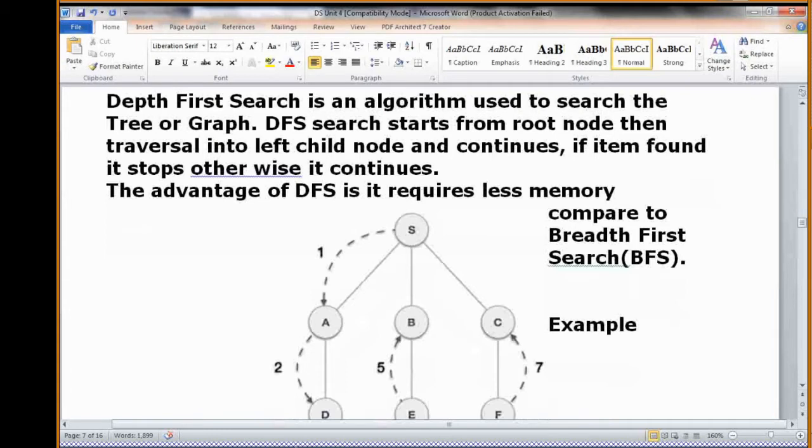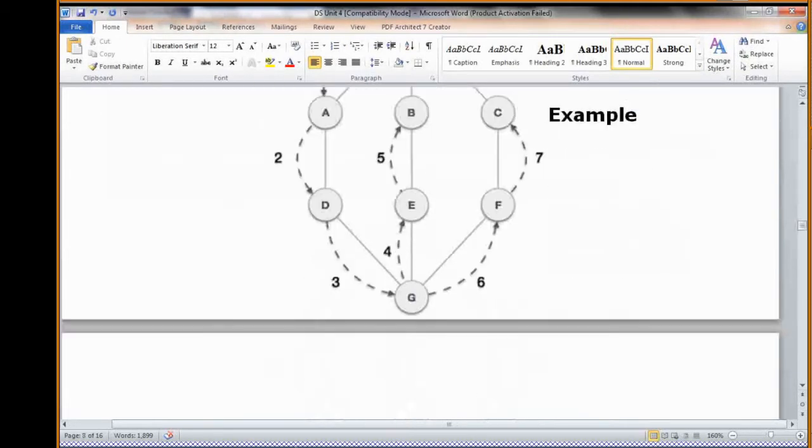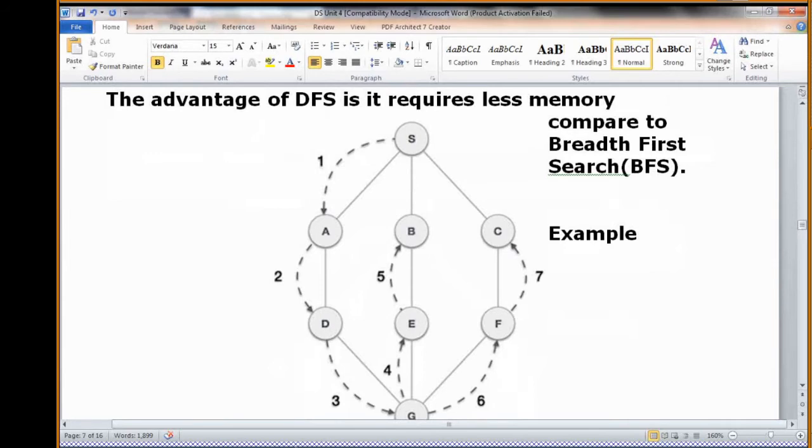So please note down a tree like this. The tree has S, A, B, C, D, E, F, G. There are 1, 2, 3, 4, 5, 6, 7, 8 nodes, which are called A, B, C, D, E, F, and S and G. S is the root node and G is the leaf node. A, B, C are the second level siblings, and D, E, F are the next level siblings.